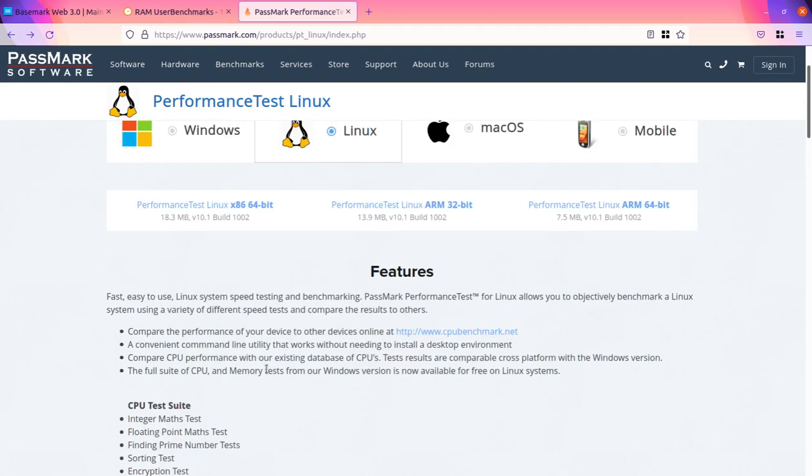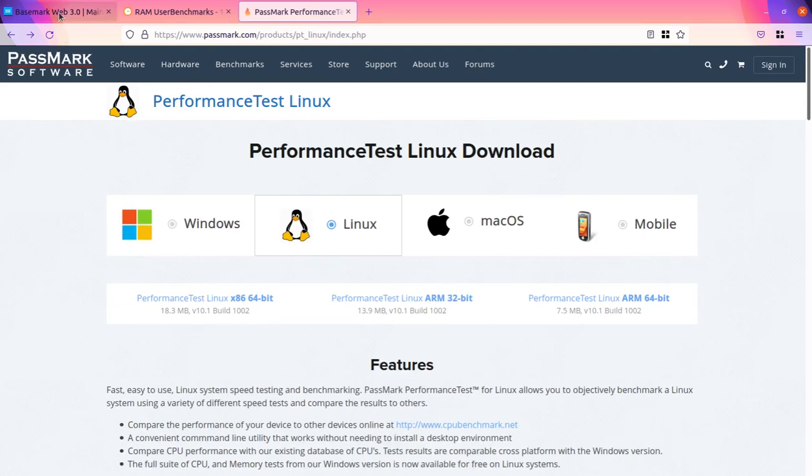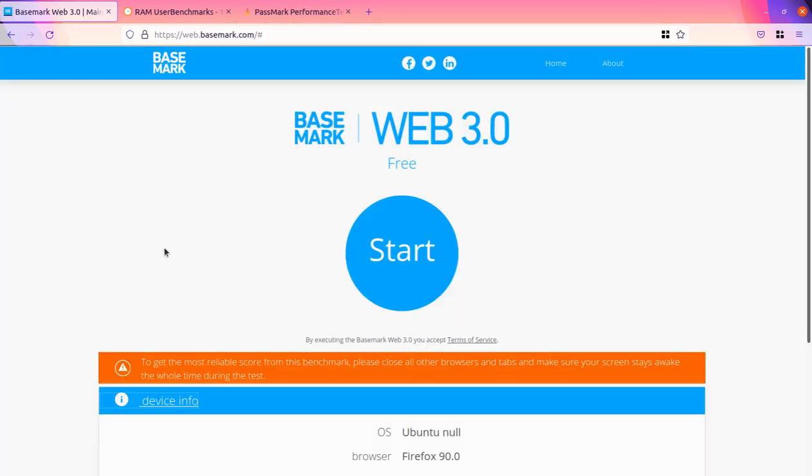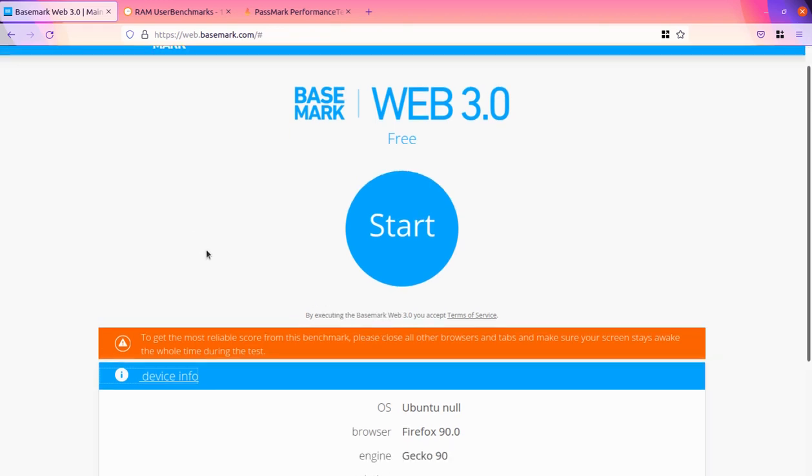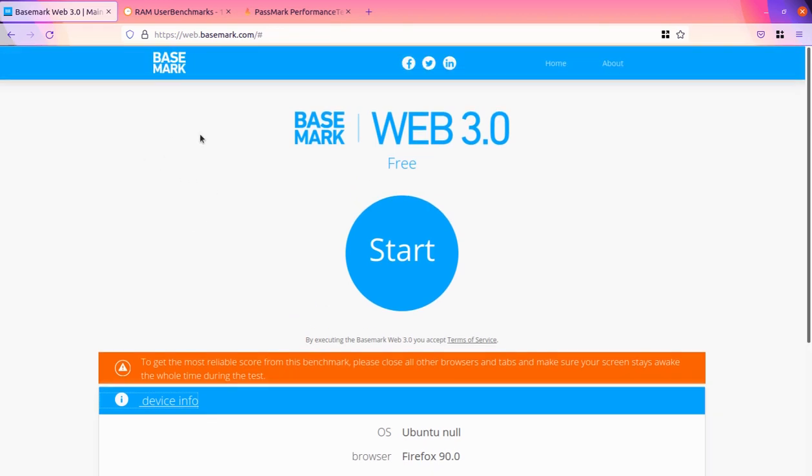Okay, so finally I am going to show you how to check the graphics of your probable PC online. This is a very wonderful website called web.basemark.com, and I'll add the link of this website as well. Using this website online, you can check the graphics of your PC.